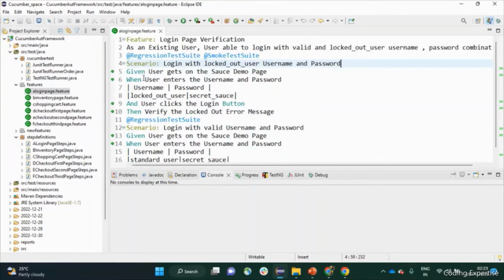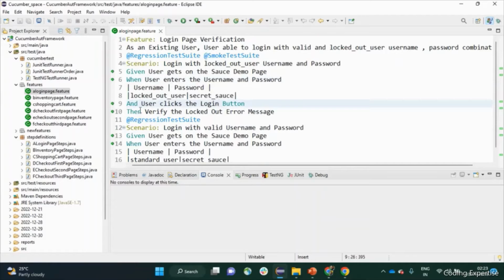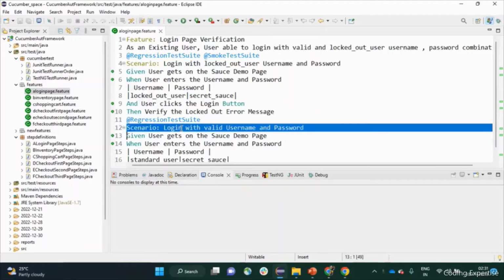At the given step, user lands on the Sauce Demo page. At the when step, user enters the username and password. The interesting thing is the data table is being used here. So this is how we pass the data to the step definition files. And at the and step, we are just clicking on the login button. At the then step, we are just verifying the locked out error message. That's it. The next scenario, we are just entering valid username and password, and the rest all remains the